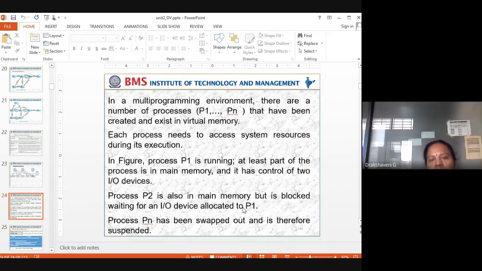In the figure, process P1 is running. At least part of the process is in main memory and it has control of two input output devices. Process P2 is also in main memory but is blocked waiting for an input output device allocated to P1. The process Pn has been swapped out and is therefore suspended.